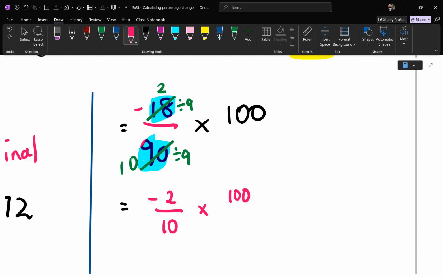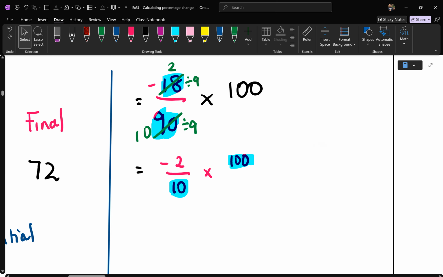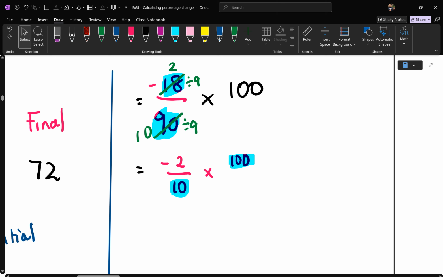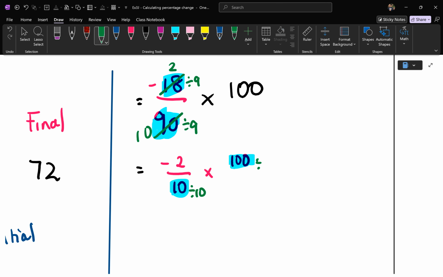Again, I can still see a lot of numbers that I can simplify. Give me another 2. Let's go with Eknor. Which other 2 can you see? 10 and 100. They both have zeros. So one of the hints is that 10 should be able to fit into both. So let's start off there. How many 10s in 10 and how many 10s in 100? Let's go with Ollie. How many 10s in 10? 1. Beautiful. And how many 10s fit into 100? 10. Beautiful. So the answer is then negative 2 over 1